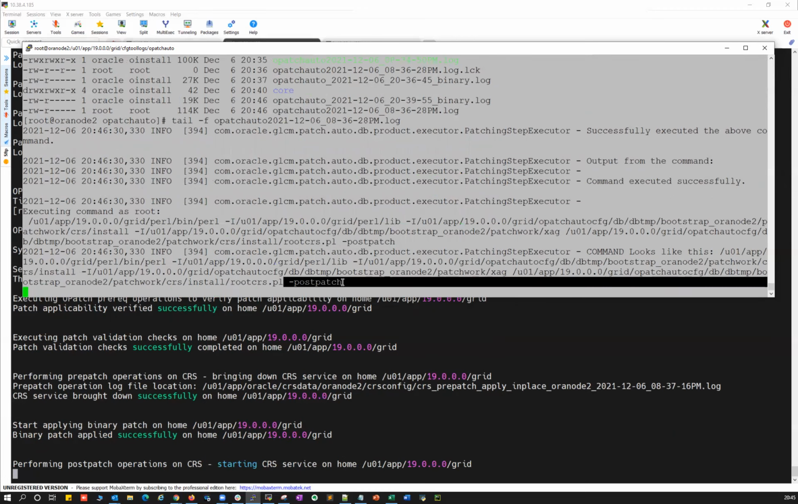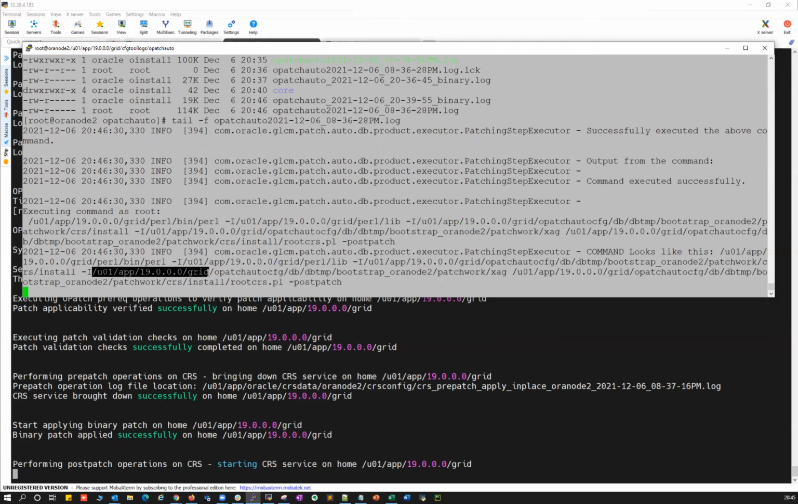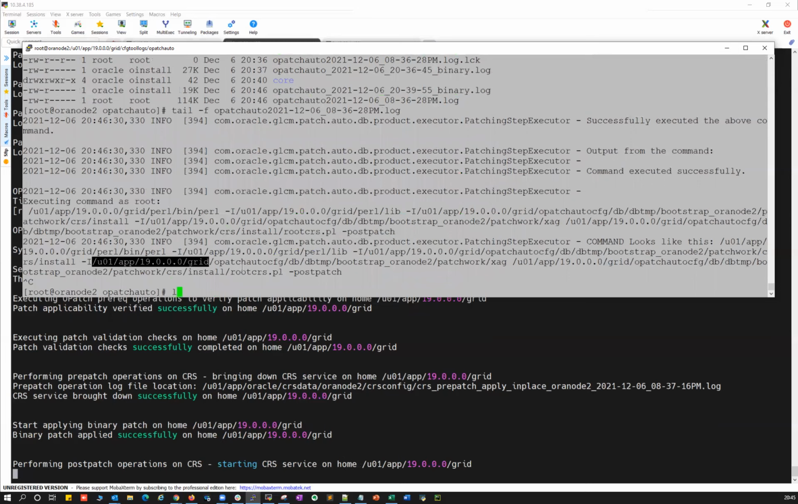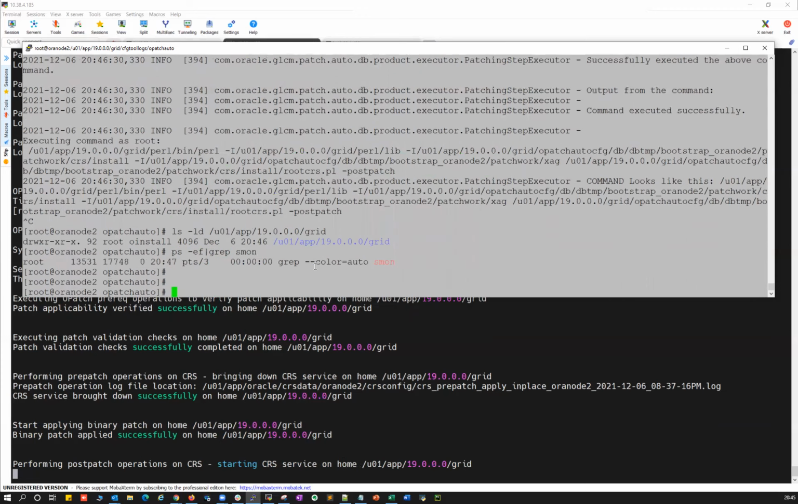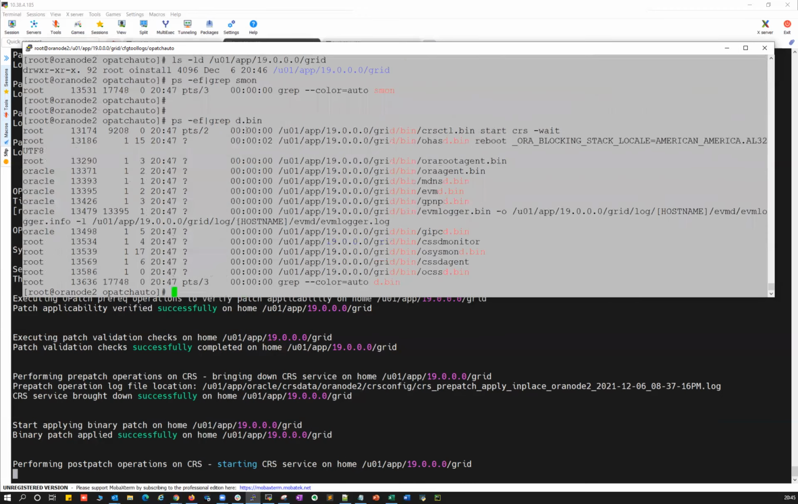The post patch operation, what it will do, it's going to change the permission back to grid user and start my grid services, and it will start all the databases associated with that grid. You can see the ownership has changed to root now. While patching it was changed to Oracle, now it is changed back to grid. And then if I do ps -ef | grep smon, and then d.bin,